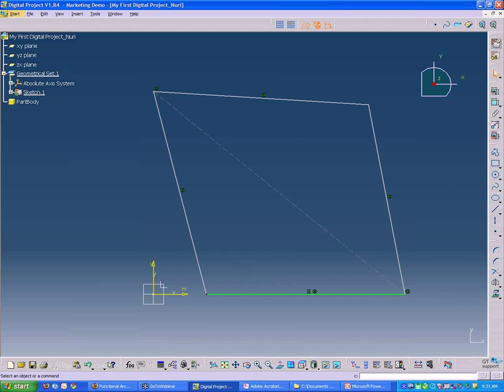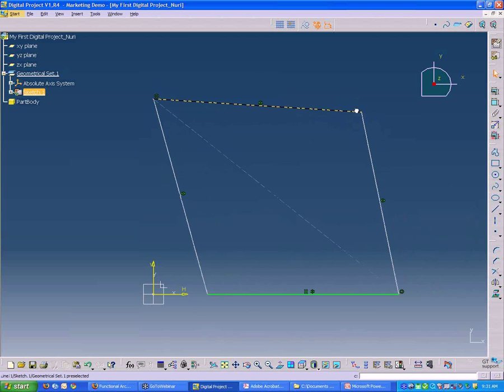And what I like to do when I'm building sketches is just every once in a while grab an edge or a point, one that's not green, that's not fully defined, and just kind of move it around a little bit, just a little